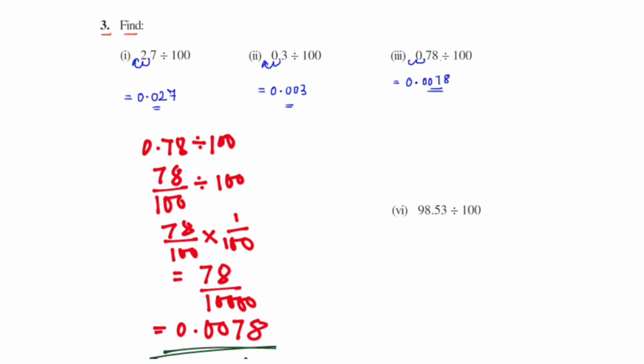Now if you will see the sixth part, in the sixth part we have 2 zeros and the decimal point is between 8 and 5. So we have to shift the decimal point towards the right as many places as there are zeros in the number. So there are 2 zeros, so we shift the decimal point towards its right by 2 places. So the decimal will be shifted before 9. So the final answer will be